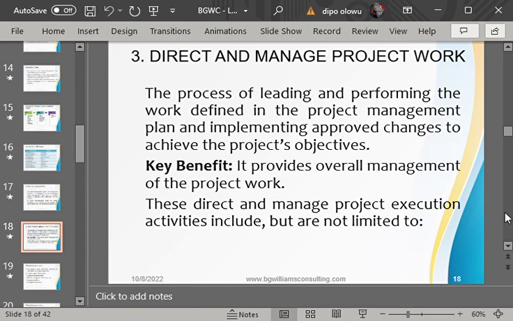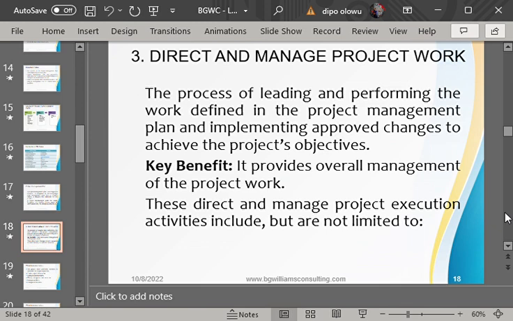All right, so that is what direct and manage project work is. In it, the project manager's effort is towards leading, encouraging, coordinating, and ensuring that in every aspect of the project we are able to achieve the desired result. So that becomes direct and manage project work.